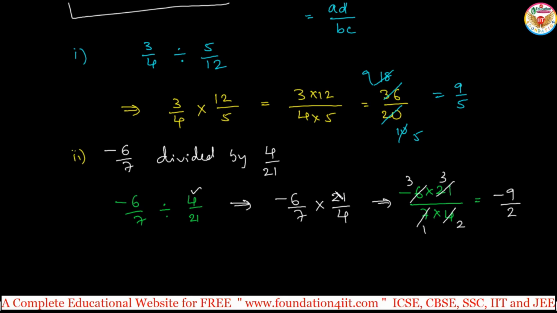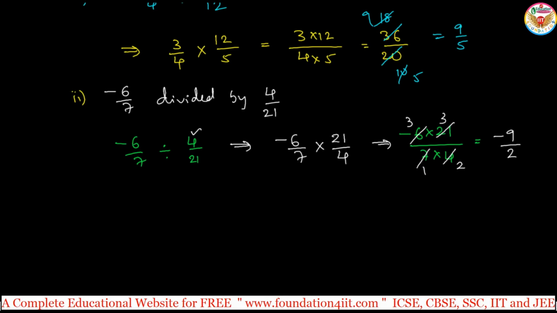Right. Let us have one more example with a negative sign. Same thing we need to apply. This is the division of two rational numbers we are doing. For example, minus 16 by 27 divided by minus 8 by 9. So here it is the same: minus 16 by 27 into the reciprocal of minus 8 by 9, that is 9 by minus 8. We can write that. And 16 by 27 is a negative rational number, 9 by 8 is also a negative rational number.